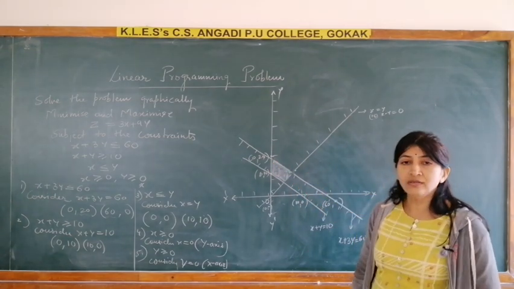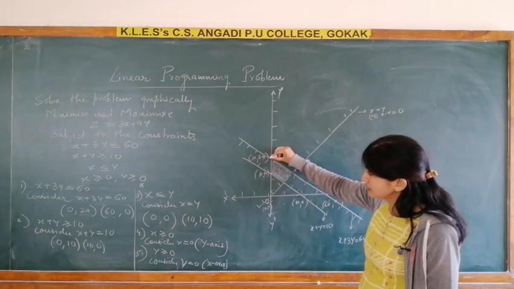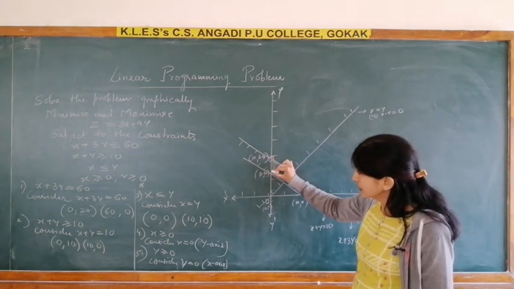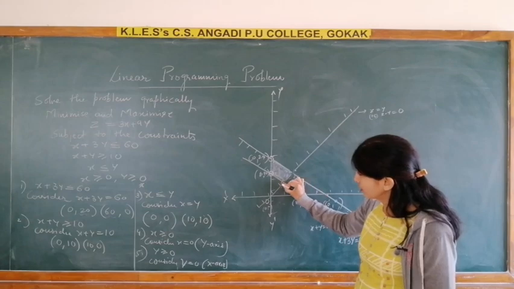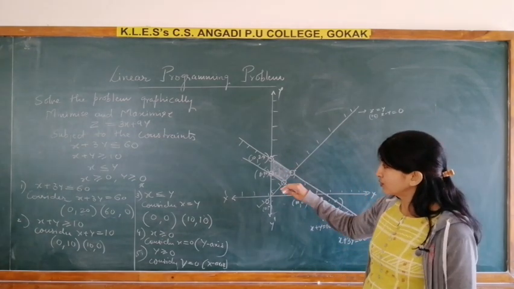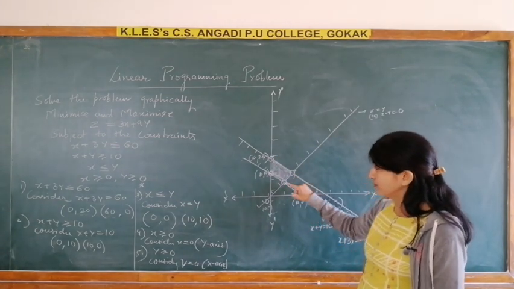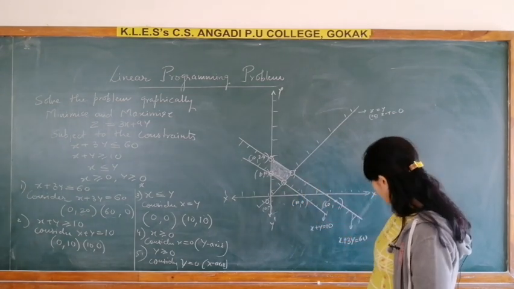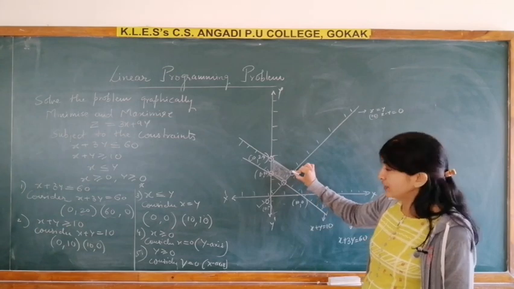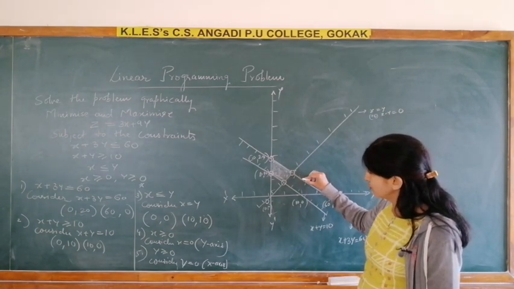This is called the visible region. What do you call this one? Visible region. Now after shading that, see how many corner points you are getting. 1 corner point, 2 corner points, 3 corner points and 4 corner points. Out of those 4 corner points, 2 coordinates we know. These 2 we don't know. I told you, when we don't know, we have to solve. Now how to solve? First I will find this point. When you are finding this point, see that this is the point of intersection of which two lines.